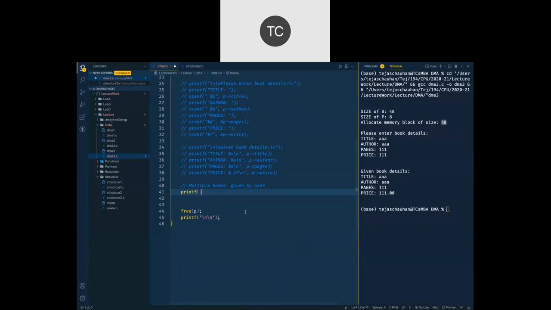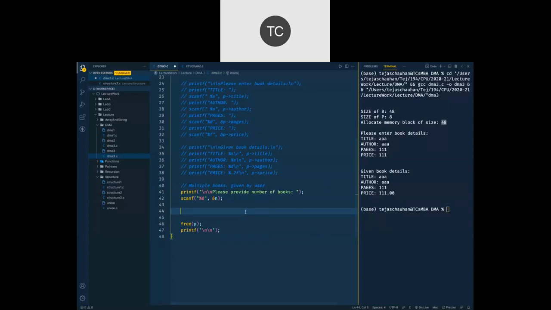So printf, and we are going to ask user, please provide number of books, right? And we will scan that data, scanf %d ampersand n. So we get that value.